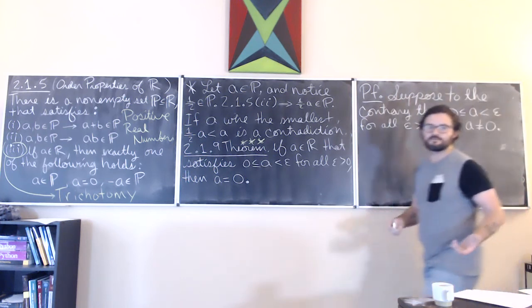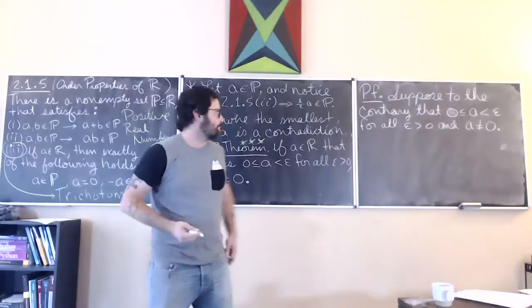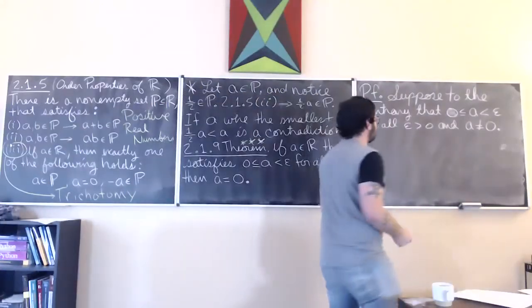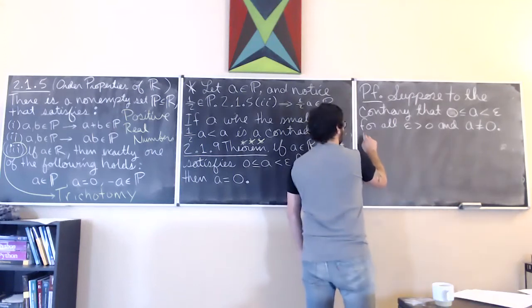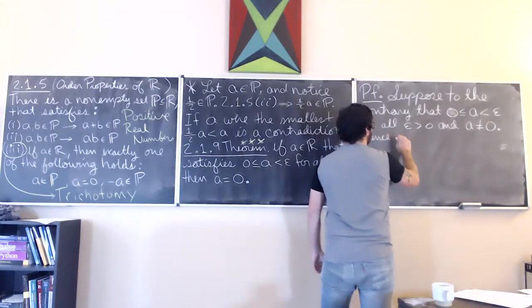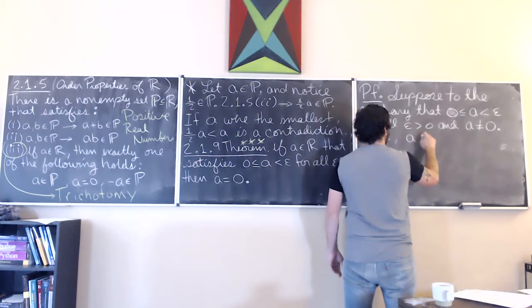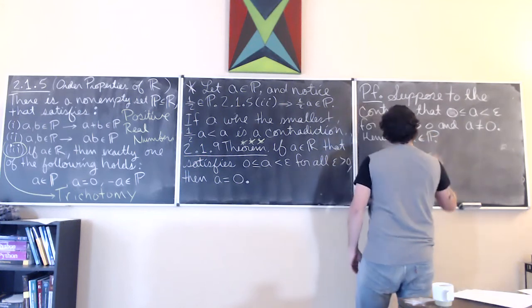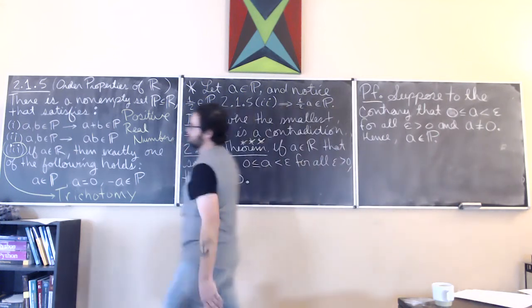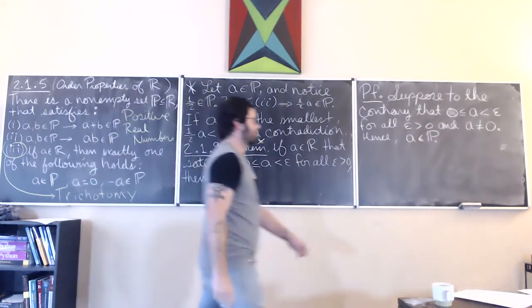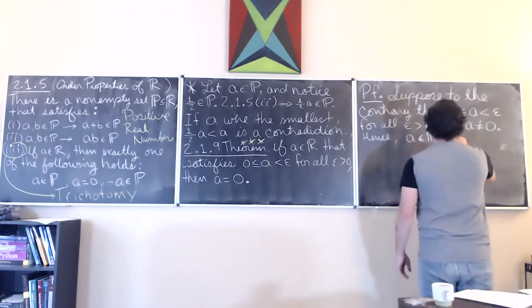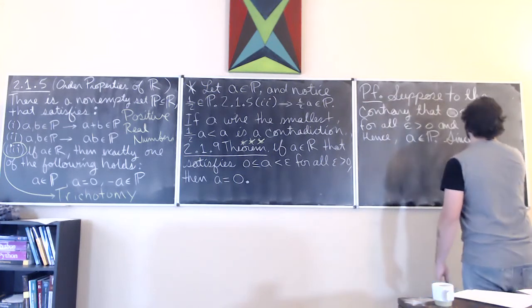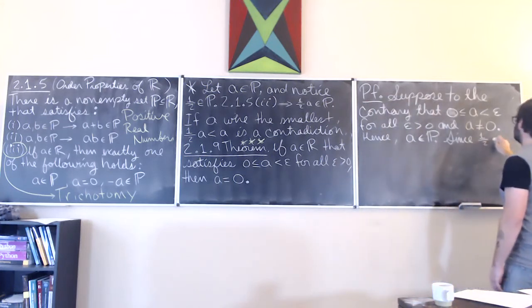As opposed to the contrary, if this is the case. So under this assumption, this implies A is a positive real number. So then since 1/2 is a positive real number,